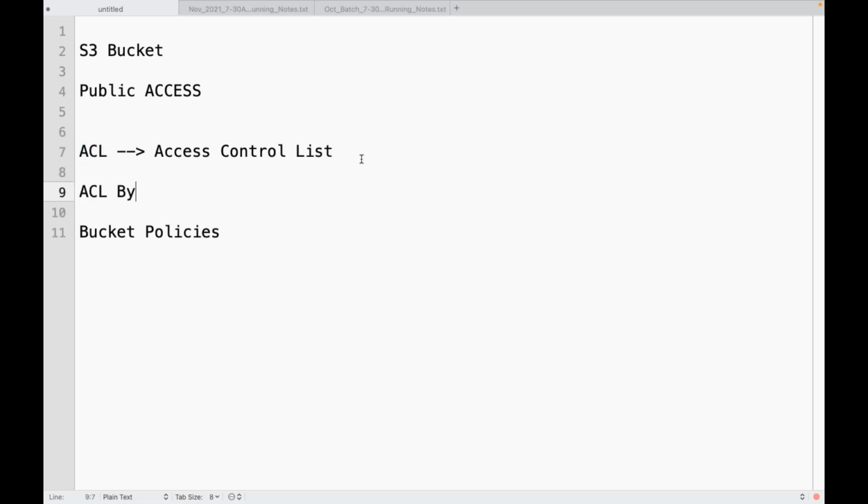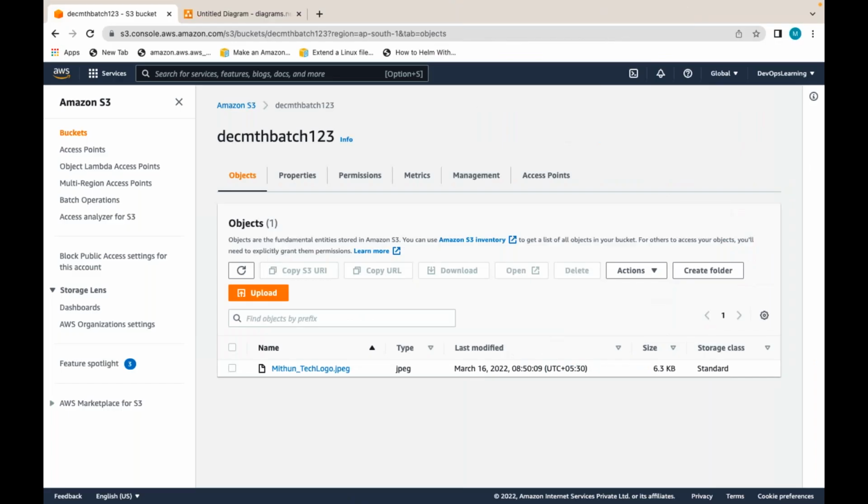ACL by default was disabled, and it is also recommended. Why are they recommending that ACL be disabled? Because if I enable ACL and I am not using bucket policies, do I need to manage permissions at